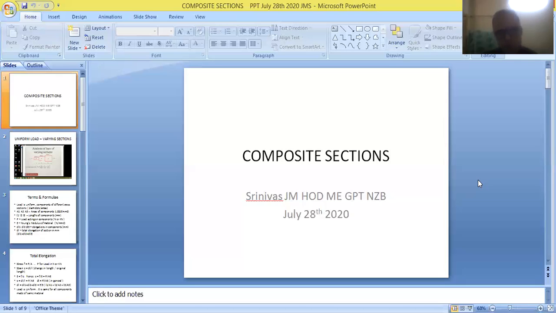For the second topic, you have to use another methodology or another formula. For the third topic, there is another formula, and finally for the last topic also we have a separate formula. So separate formulas are available for solving problems on these four topics. So we have to remember the names of the topics, and also we have to remember the equations to be used for solving problems on these topics.